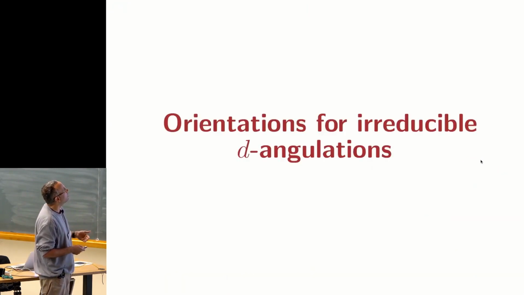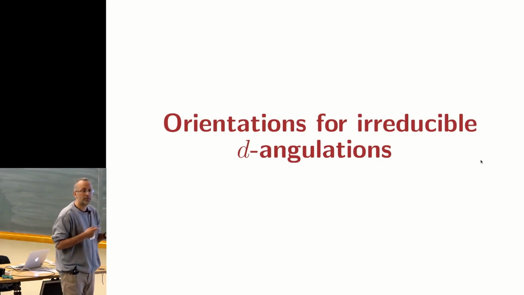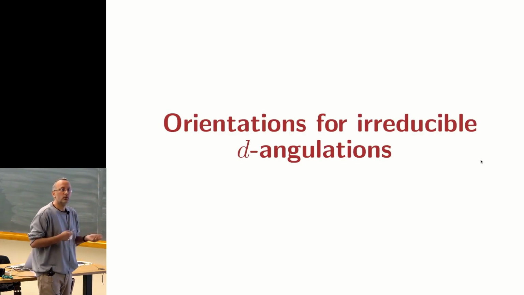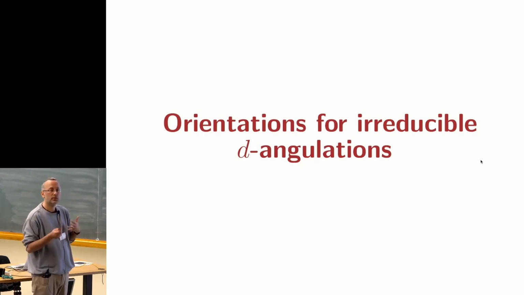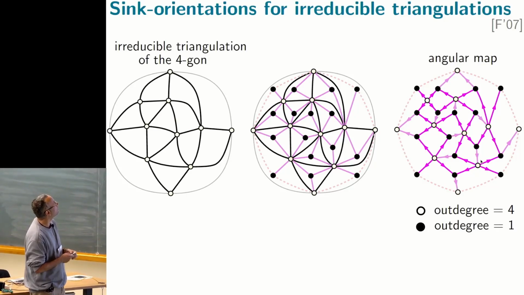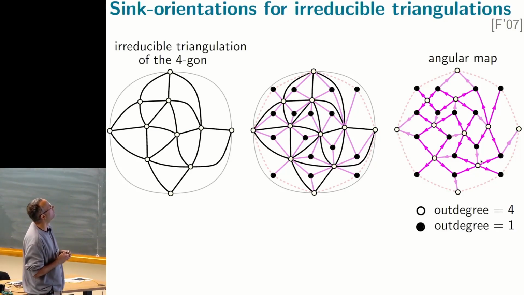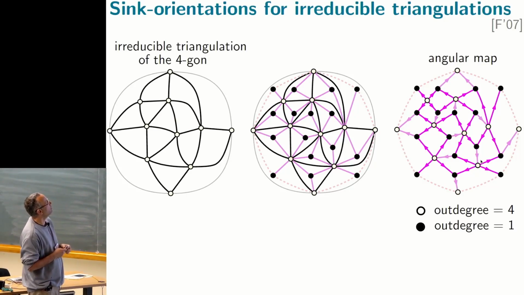Okay, so now, as I said, we were not completely satisfied with the way we compute this d over d minus 2 orientations with this just general existence criteria. And we wanted to have an approach also for the irreducible case. So let me show the example on irreducible